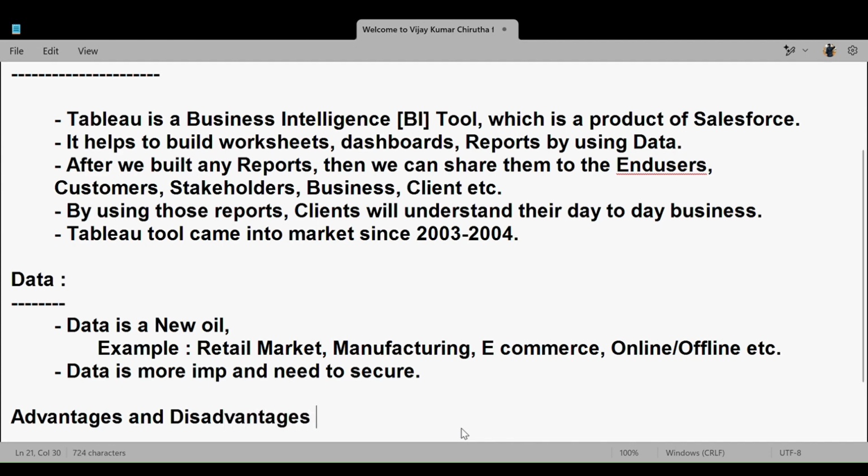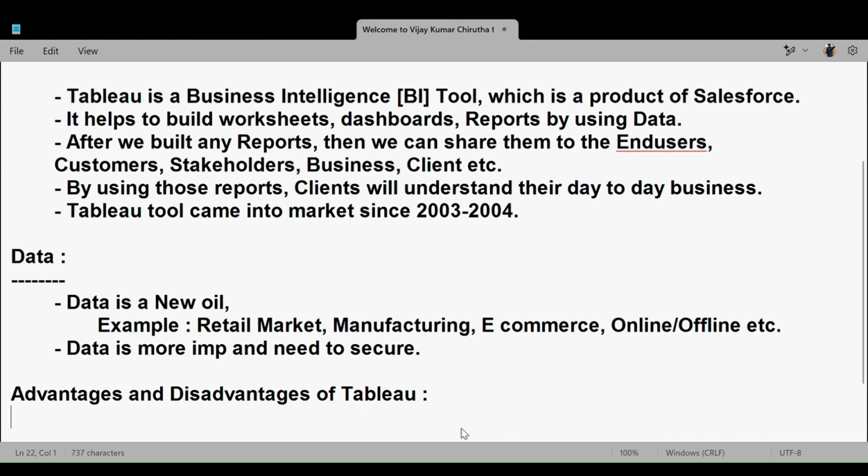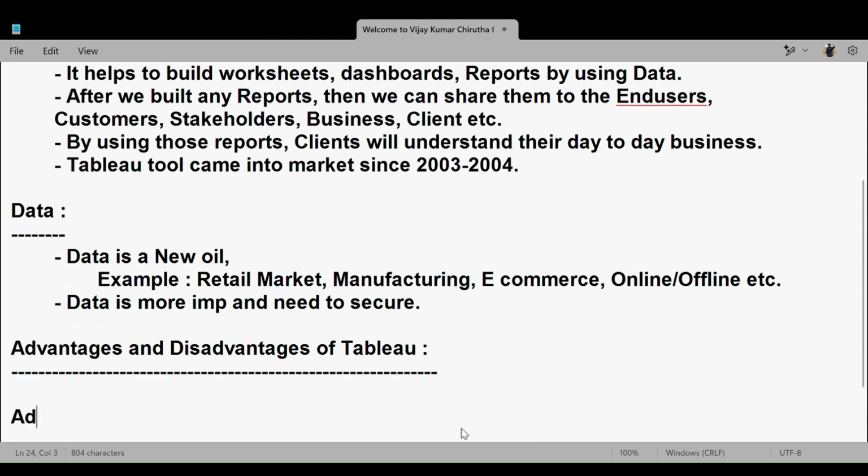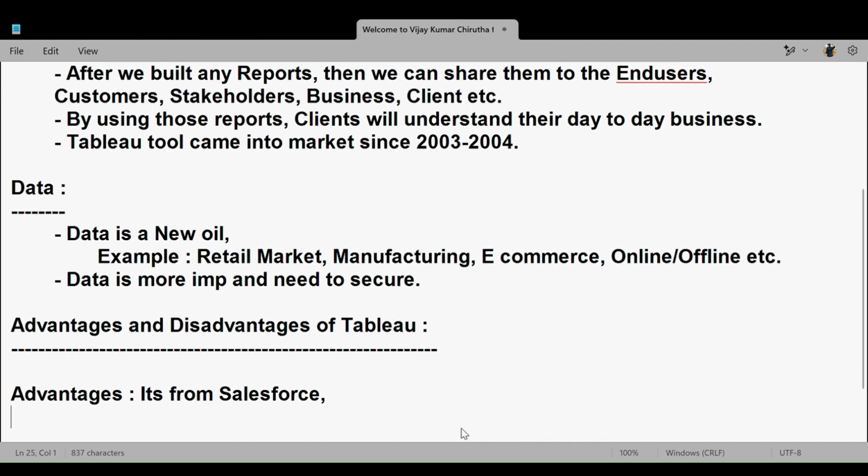Advantages and disadvantages of Tableau. Let's see the advantages. What are the advantages? You can say that it's a product of Salesforce, and you can say that